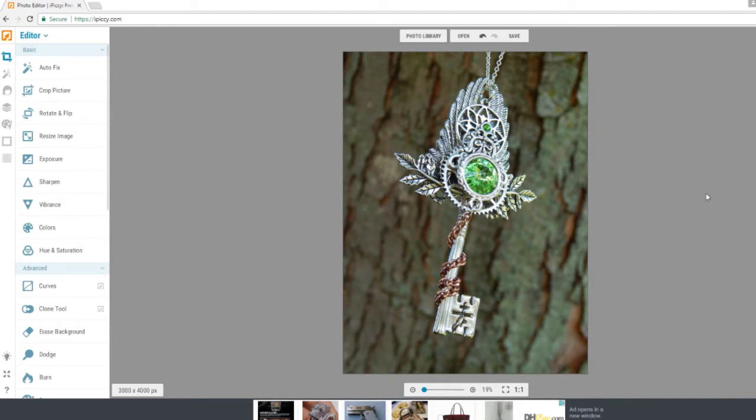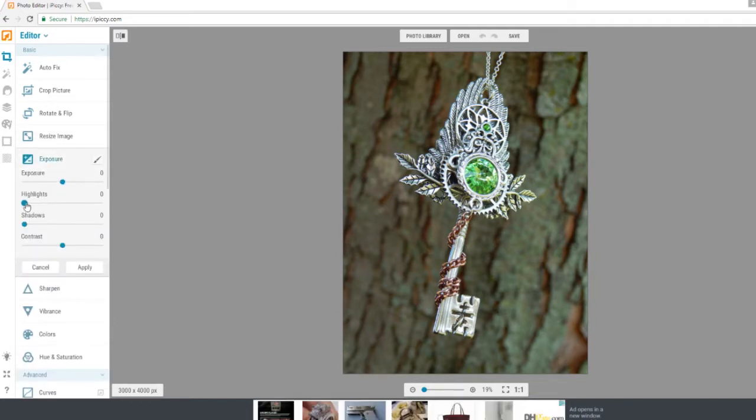We don't want power lines or vehicles or anything crazy, which in some cases you can edit those things out using iPicky, but it takes a lot of time, and we want this to be quick and easy. I mean, that's kind of the whole point. So, all right, the first thing that I'm going to do is go into the exposure tab under the very